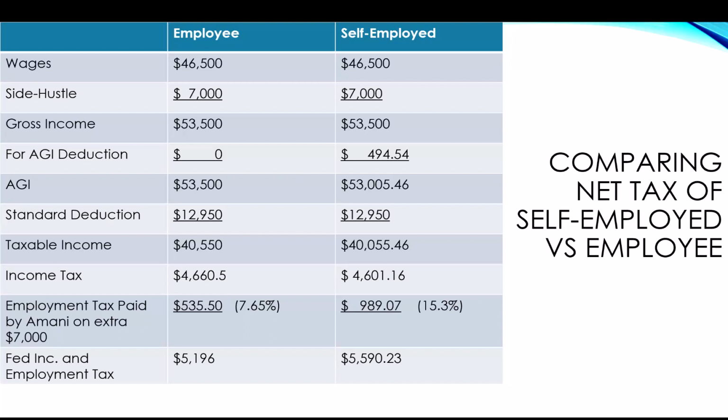on his self-employment income. And that's going to cause him to incur another $989.07 of self-employment tax. In the case where he's an employee, he's only going to have to contribute the employee portion of it, 7.65%. His employer will pick up the other 7.65%. So even though he received a for AGI deduction, his AGI and his taxable income and his income tax were lower. Imani will actually have less total tax paid as an employee earning $7,000 than he would as an independent